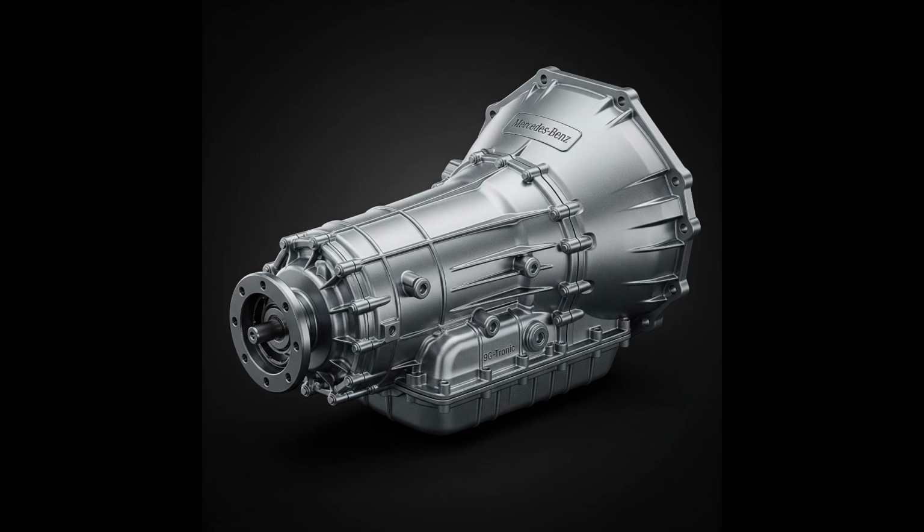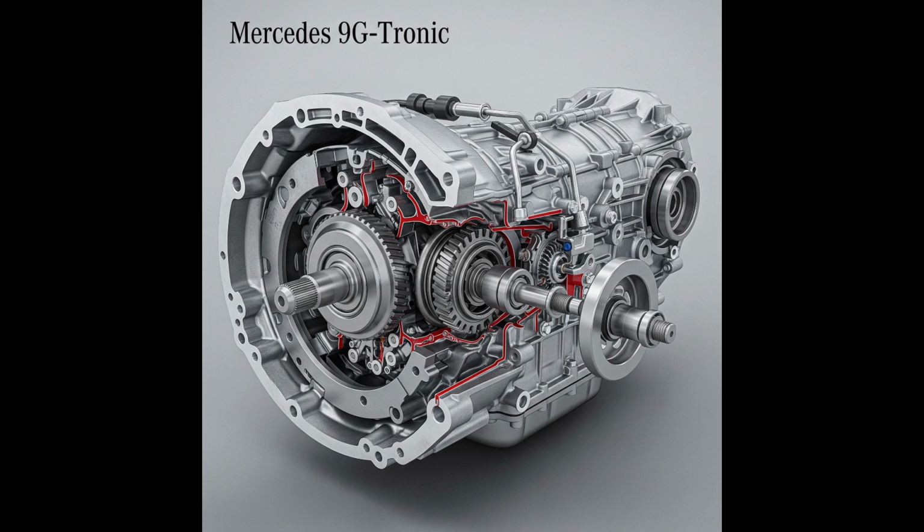Reverse gear problems. Sometimes it is difficult to engage reverse gear. This is often associated with the error P073E00. Reverse gear does not engage. Controller, TCU/mechatronics errors. This is one of the most common problem areas. The transmission controller, TCU, or mechatronic module, which includes electronic and hydraulic control, can fail. Typical errors include